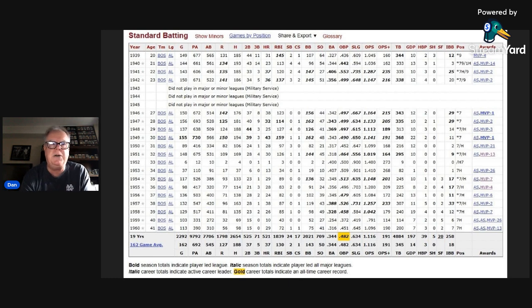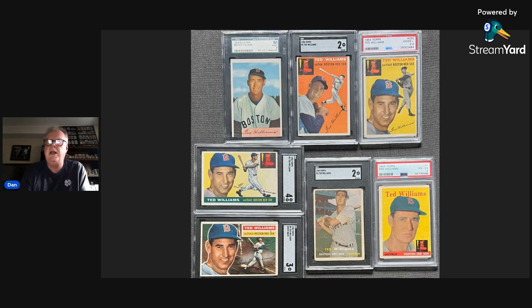But this is a baseball show, so let's start talking. I'm sorry, a baseball card show. So let's start talking about some baseball cards. This is my Ted Williams collection. I can say that it is the entire Topps run of Ted Williams. You can see he had